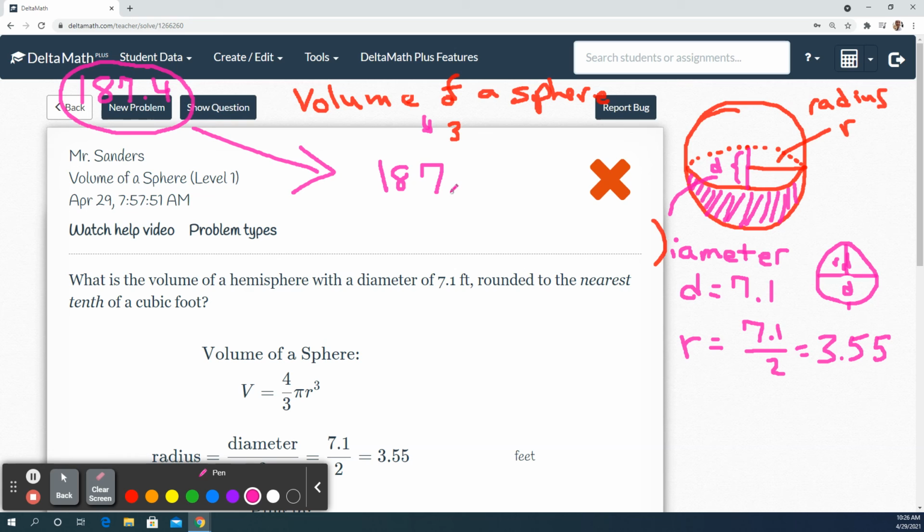Oh, it got rounded right here. So dividing by 2 is not good enough because